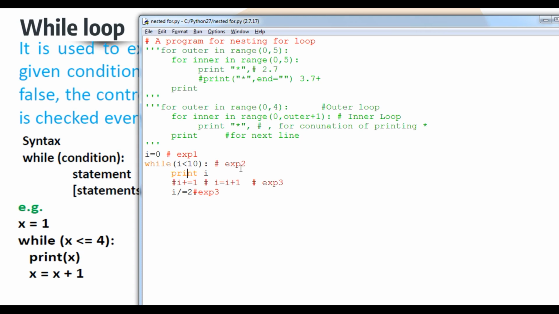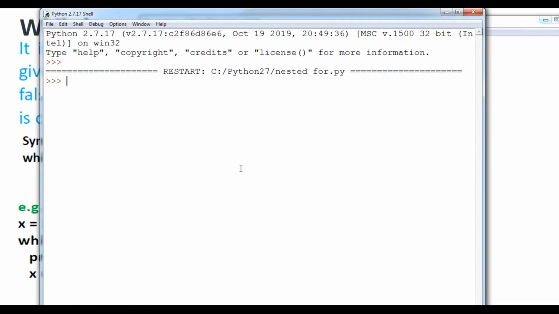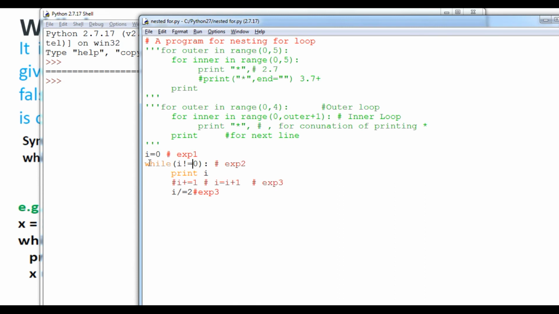We can say not equals to 0. Now you can see, student, if I run it, this loop will be terminated. So here I equals 0 and 0 is not equal to 0, okay student. This loop is also going to continue according to that.